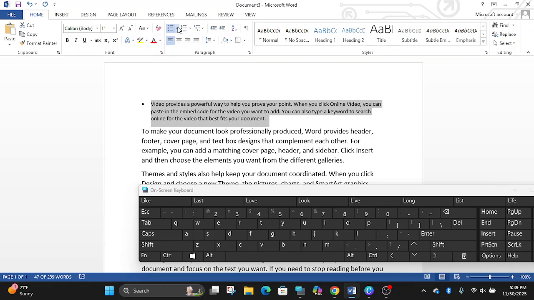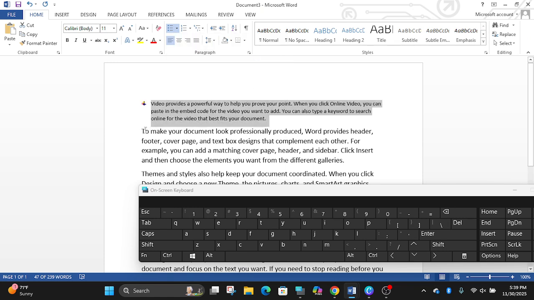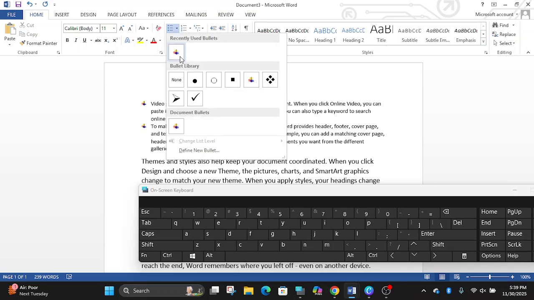Then you can change the bullet type. Here also, Control Shift L. Then you can change the bullet type.